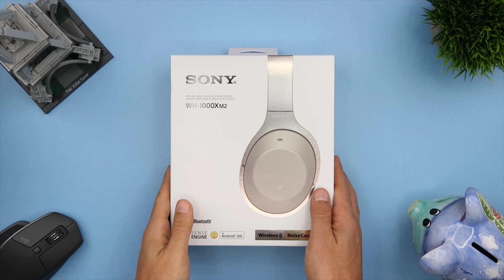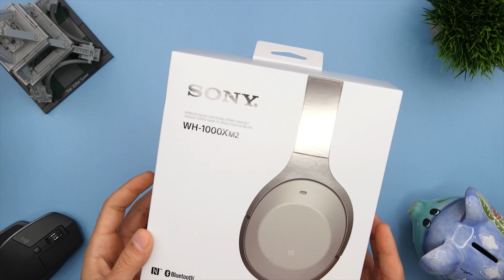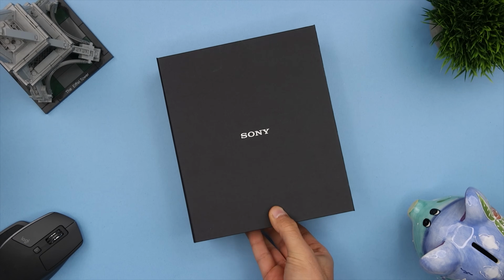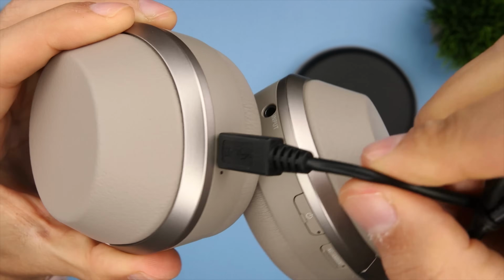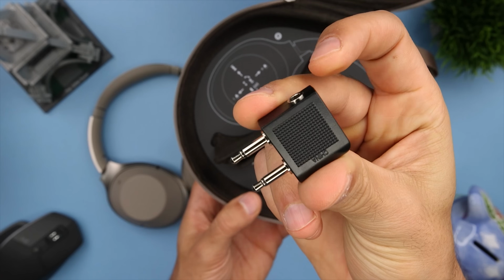As far as packaging, the exterior is clean and straightforward, and once you open the exterior box, you'll get to see a nice black cardboard box reminiscent of a hardcover book. And this gives a really nice and premium feel to this packaging. Now, along with the headphones themselves, there is a micro USB charging cable, a carrying case, and an in-flight adapter